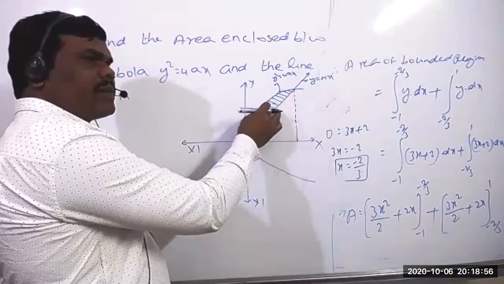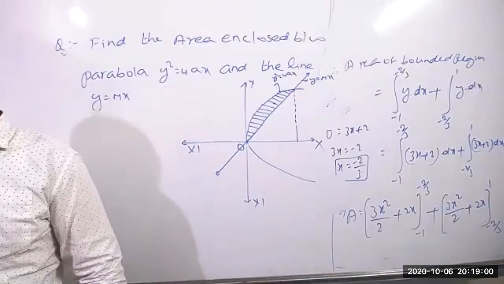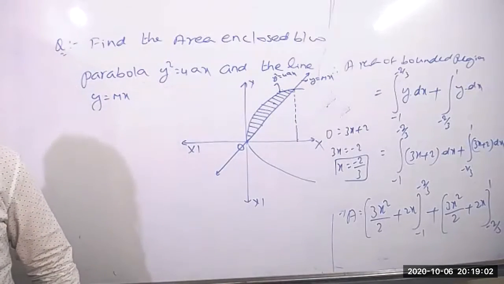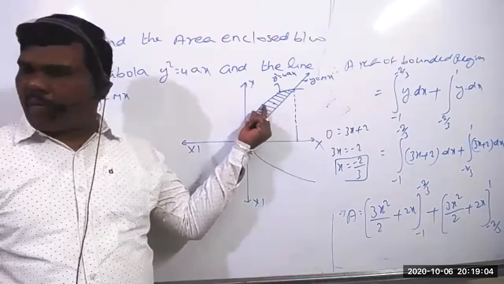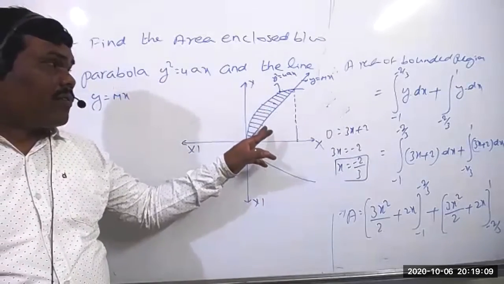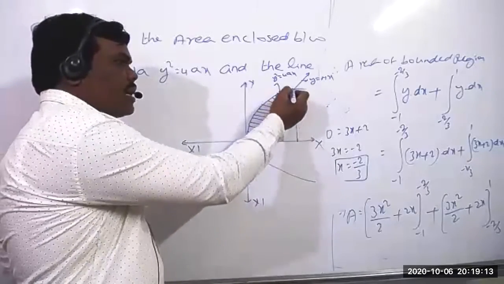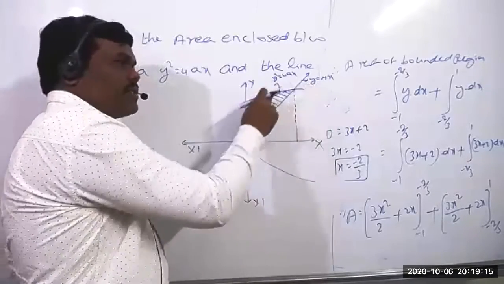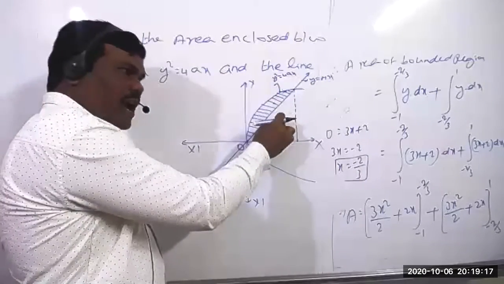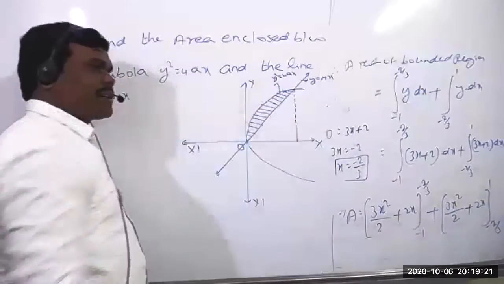But this here is required, then how to find it? Anyone, please tell me the idea. Please tell me now. This bounded area is required. Kushi? Sir, area of parabola minus triangle. Area of the whole chord, from here to here, the area of the whole thing with respect to the parabola minus the area of the remaining part with respect to the line. We have to subtract it.